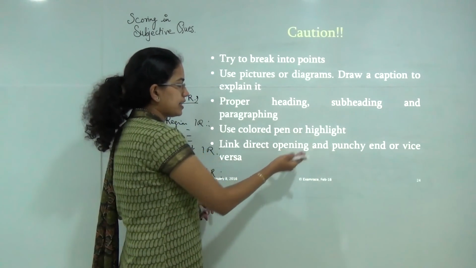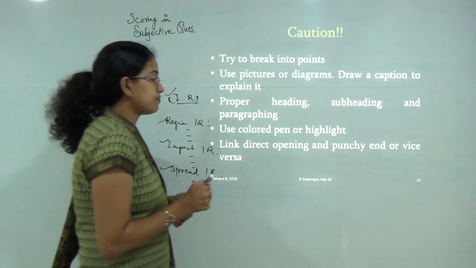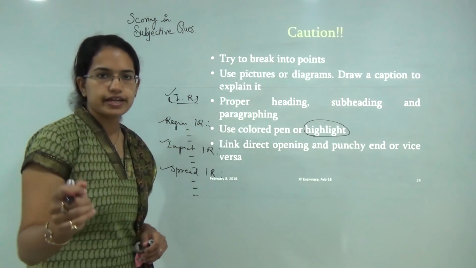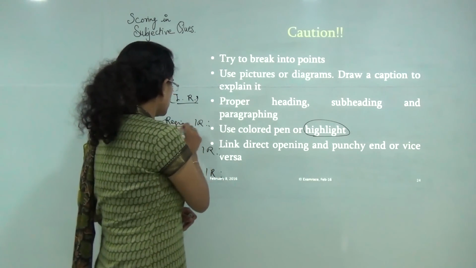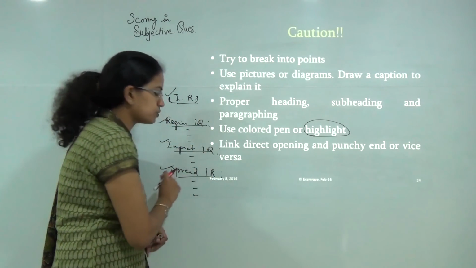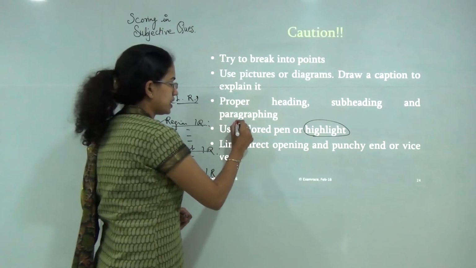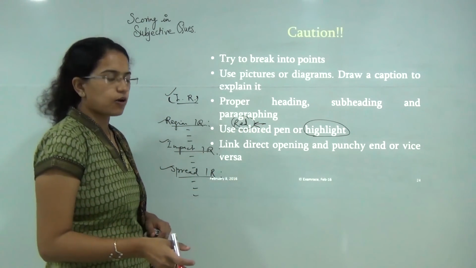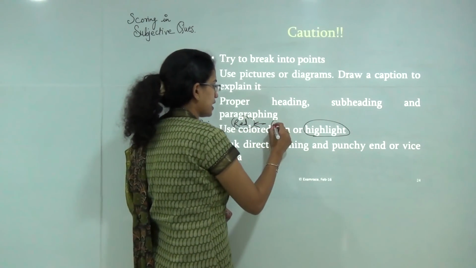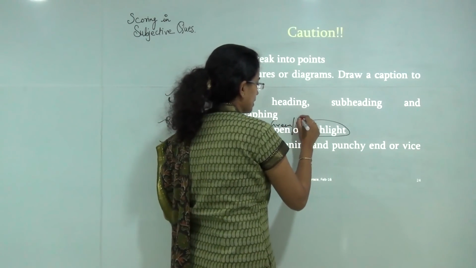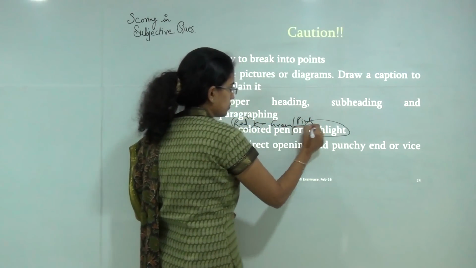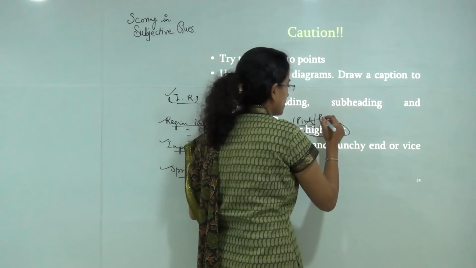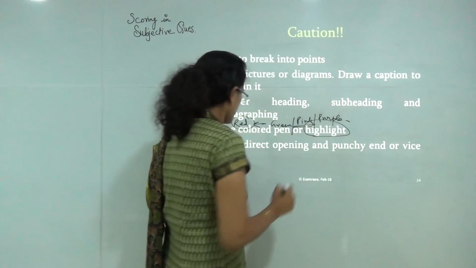Use a colored pen or highlighter, as I said. So if there is a kind of problem with answer copies and you cannot use a highlighter nicely, just for the headings you can use a different color, but never use red color, because red pens are usually used by examiners to check the copy. So we suggest that you use either green pens or pink pens. So that would be a good option. Even if not pink, purple would be a good option. Okay, and then